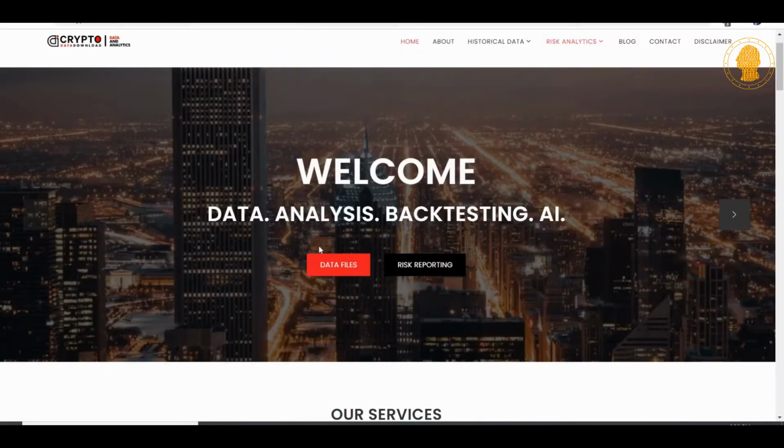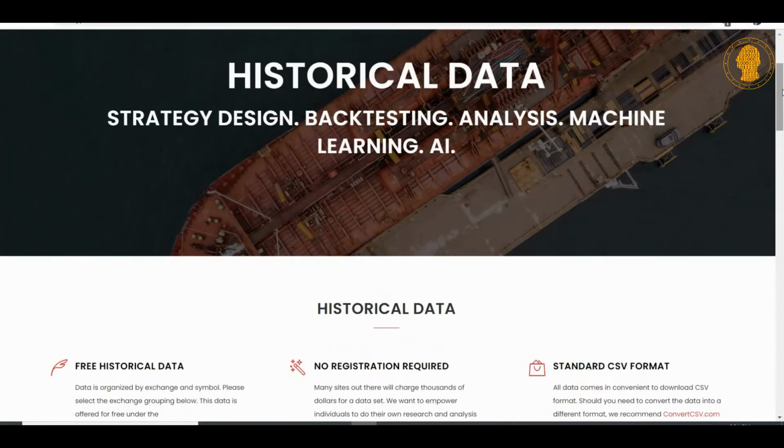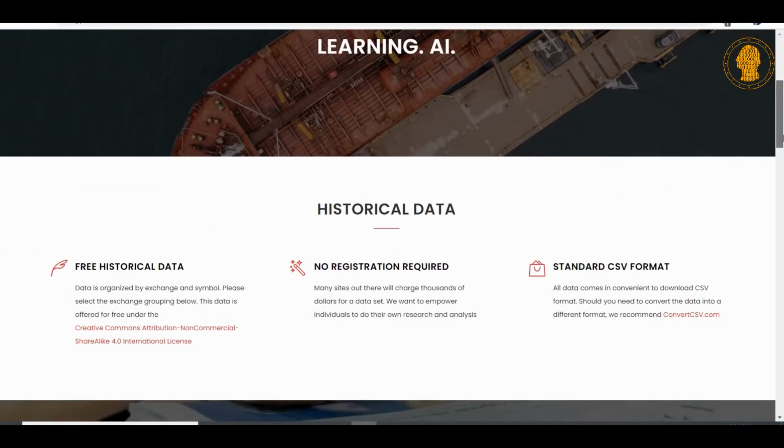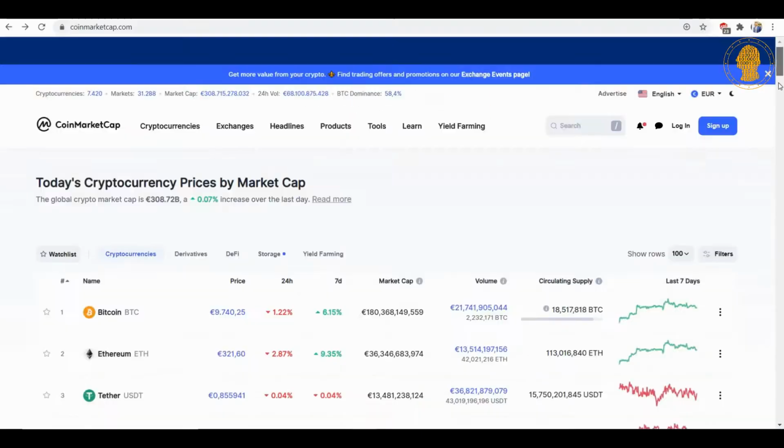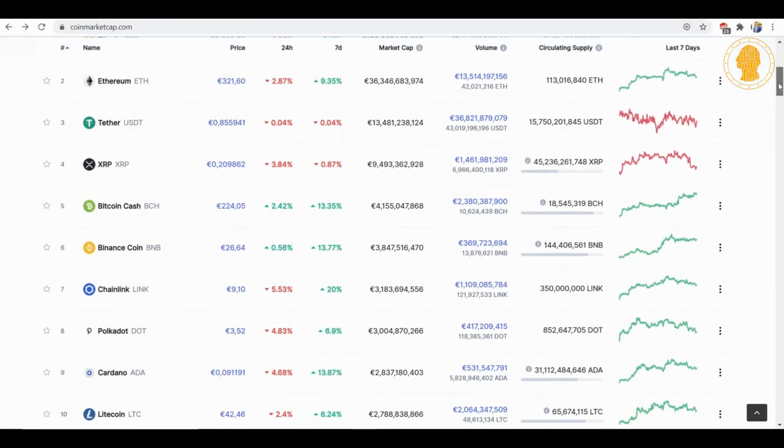Let's see how to properly navigate through the website and take full advantage of the plethora of data provided. We will analyze the website by beginning with the main content, then we'll move to the header and finally to the footer. Firstly, the website main content.